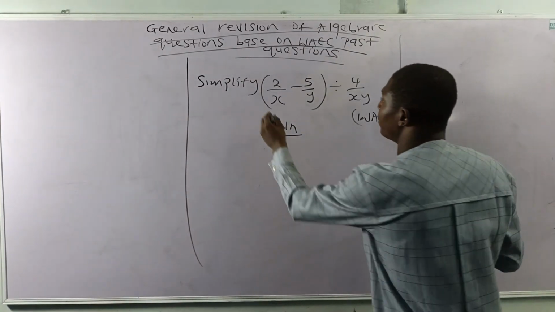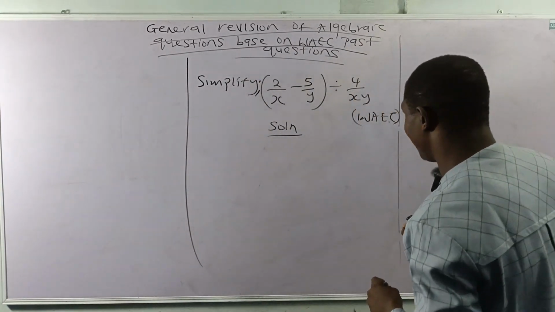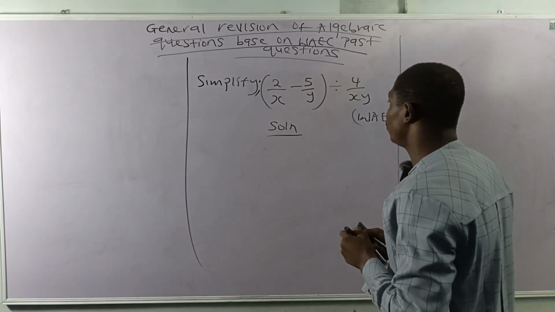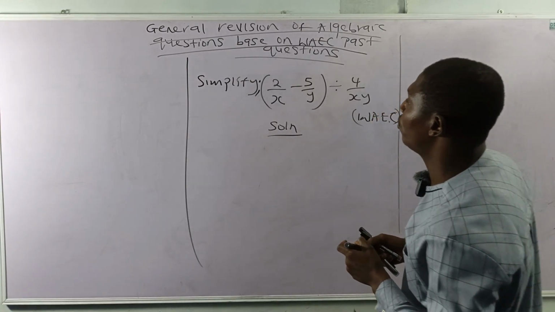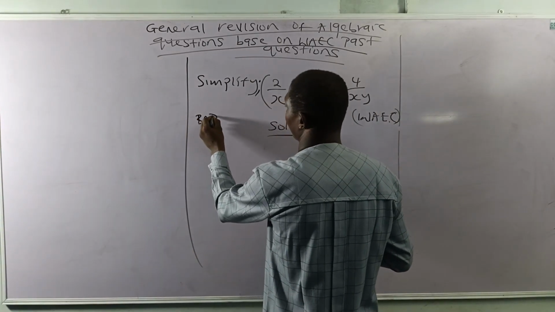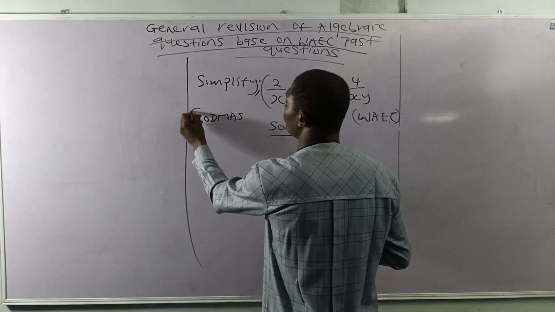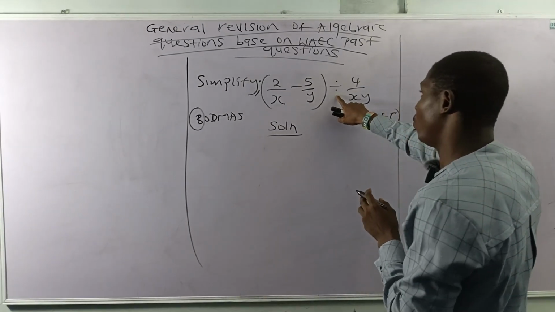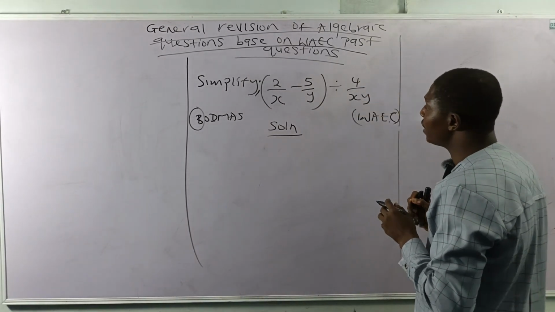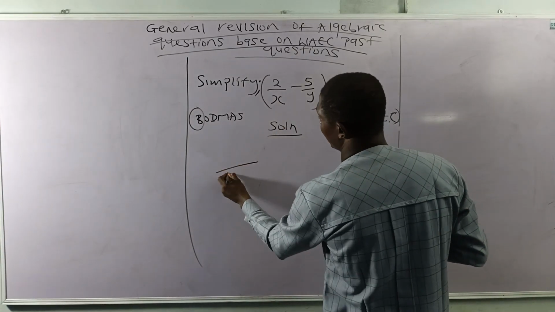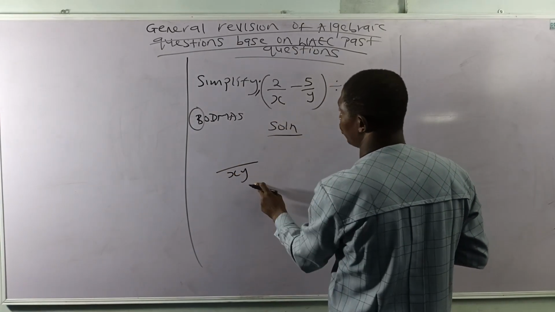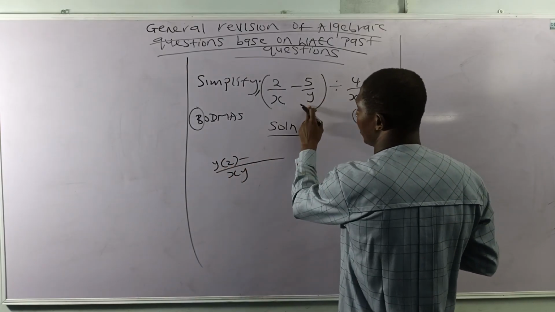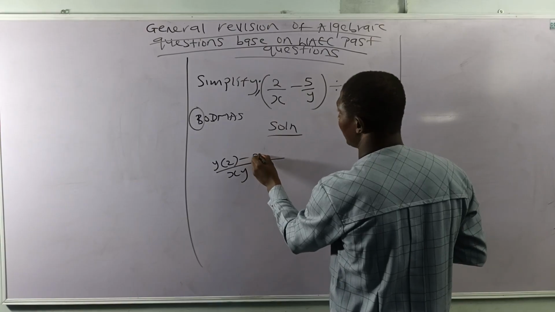So we have to simplify 2 over x minus 5 over y in brackets divided by 4 all over xy. How are we to do that? Remember the principle of BODMAS. It says bracket first. So we have to treat this bracket to be just a single fraction before we open it to work the division with this 4 all over xy. Now, LCM of xy is xy. xy divided by x will give me y. So I have y bracket 2 minus xy divided by y will give me x. So I have x bracket 5